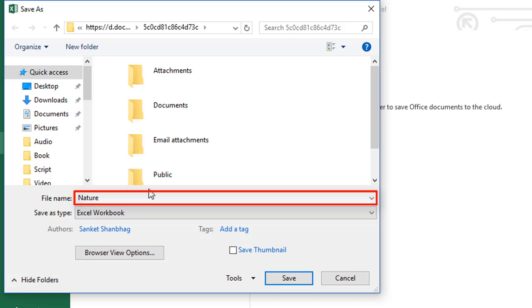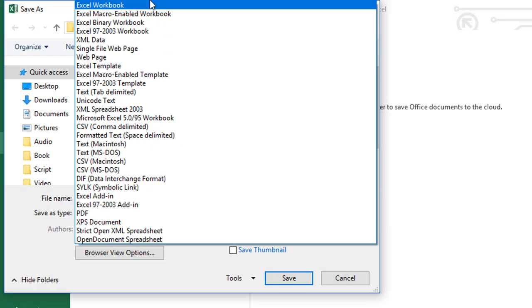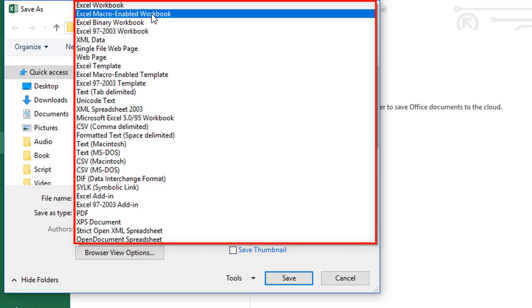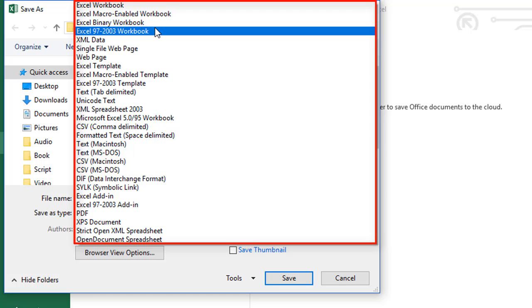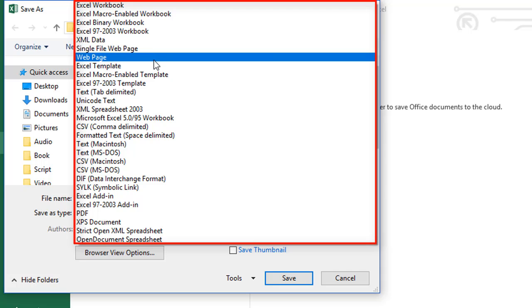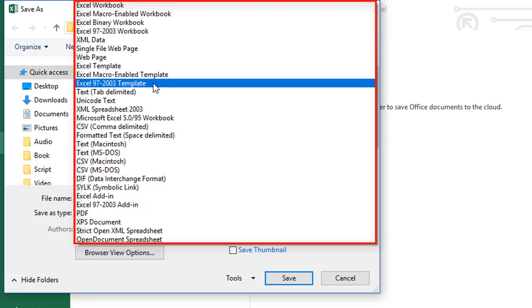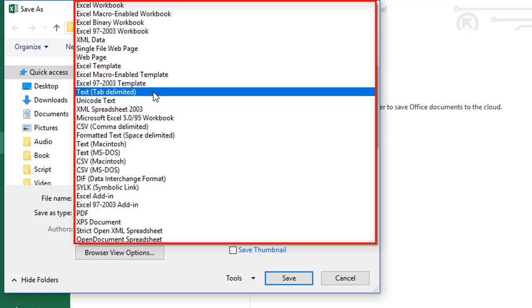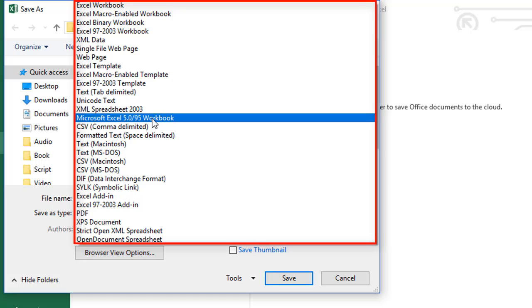We can provide the name for document and save the document in different formats, like Excel Workbook, Excel Macro-Enabled Workbook, Excel Binary Workbook, Excel 97 2003 Workbook, XML Data, Single File Web Page, Excel Template, Excel Macro-Enabled Template, Excel 97 2003 Template, Text Tab Delimited, Unicode Text, XML Spreadsheet 2003, Microsoft Excel 5.0 or 95